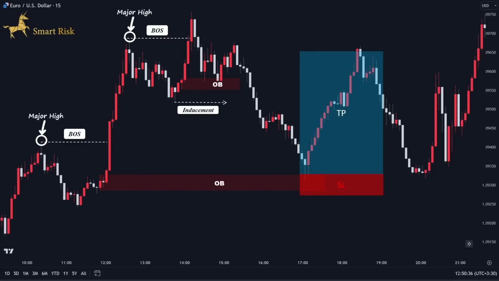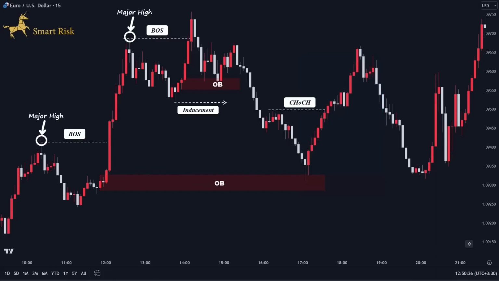Continuing, we see that the price has formed a change of character pattern by breaking and closing this structure. After the emergence of the change of character, it is crucial to wait for the price to take out the inducement before considering long or short trades and entering the market. In this case, this candle's low represents the most recent internal level that the price has formed in its upward path. So, once the market has taken out the inducement, the next step is to wait for the price to